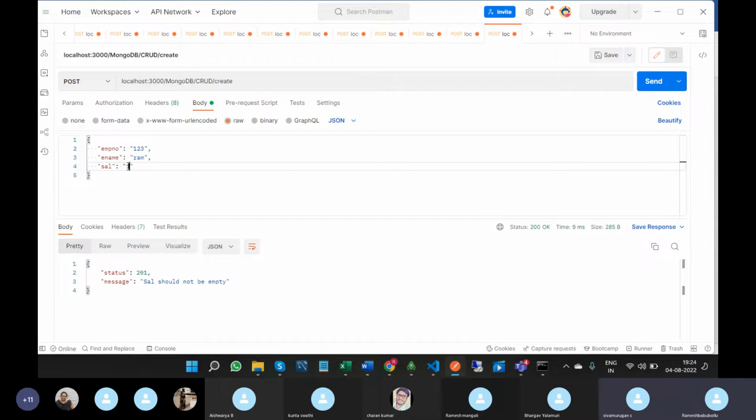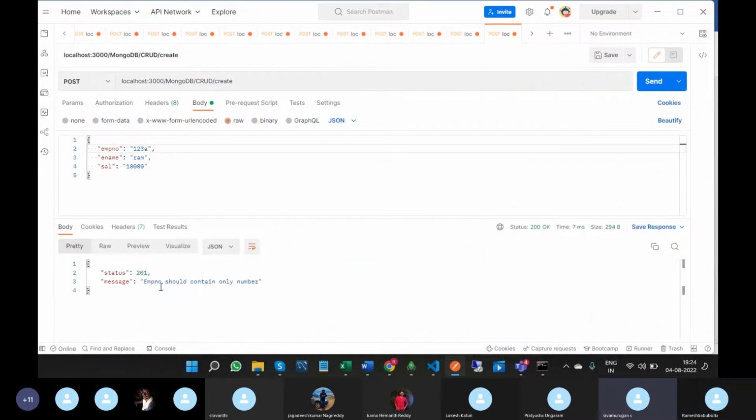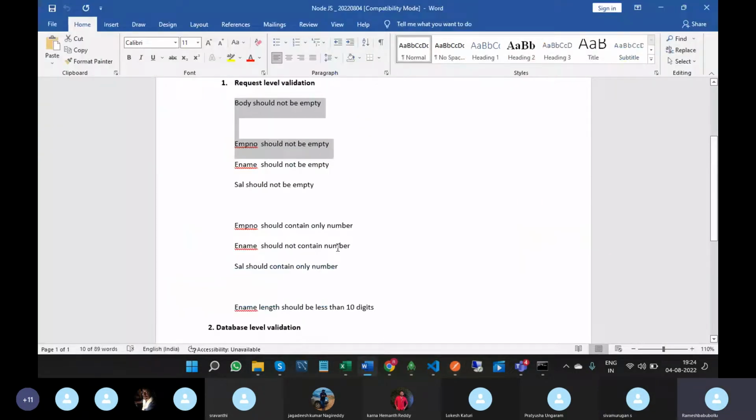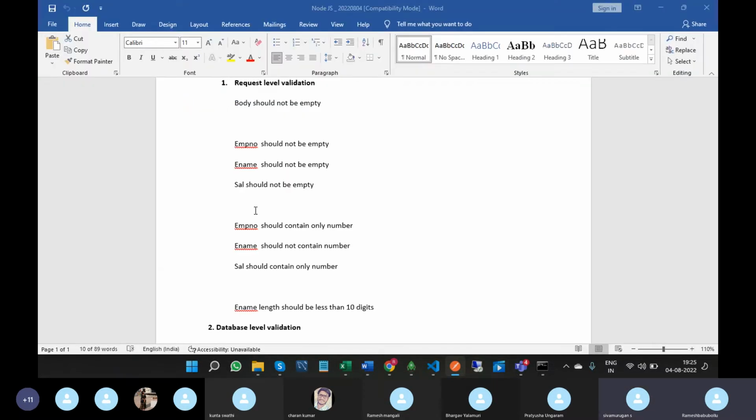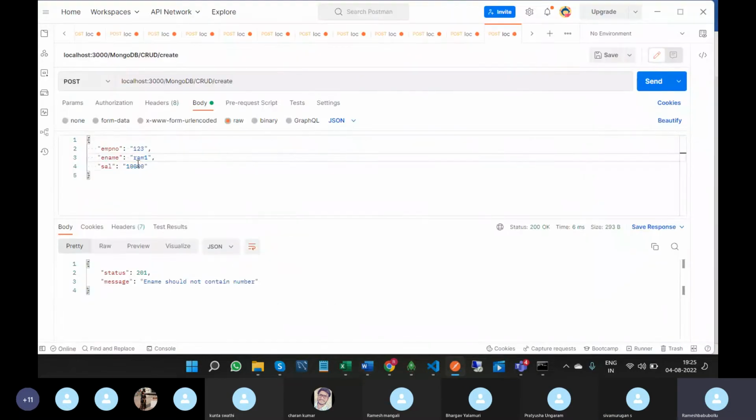If you pass any alphabet in the employee number, employee number should contain only number. Next one is ename should not contain number. So if you pass some number in ename, then ename should not contain number. This type of message you will get. Next, salary should contain only number. If you pass some string in salary,